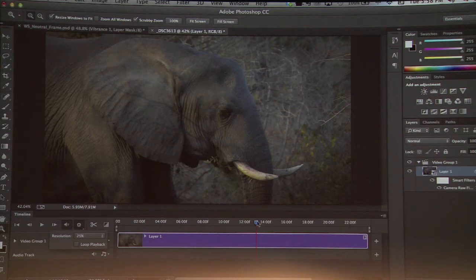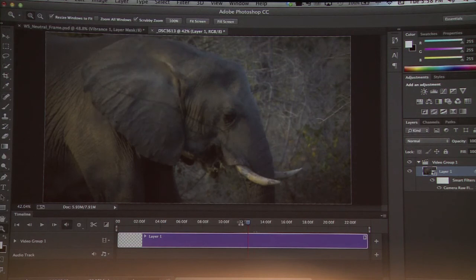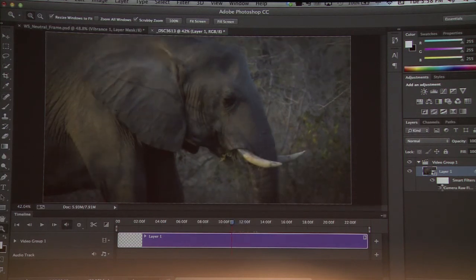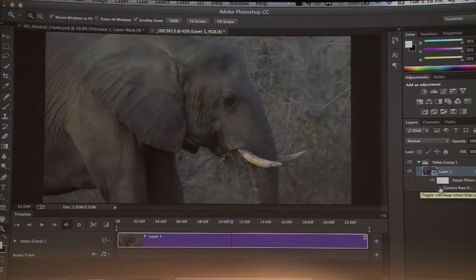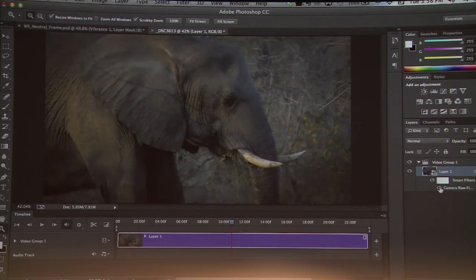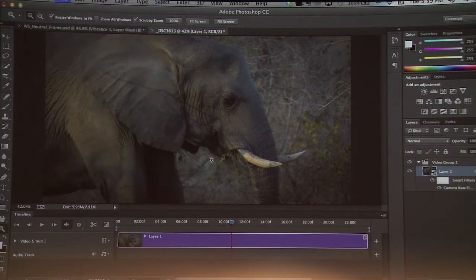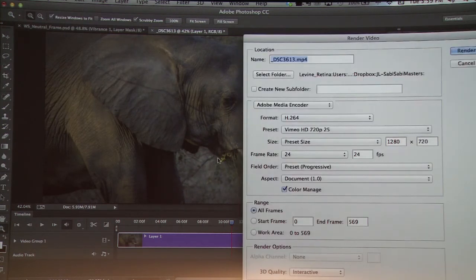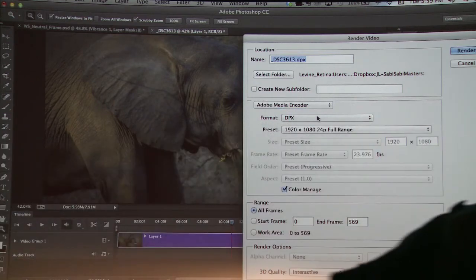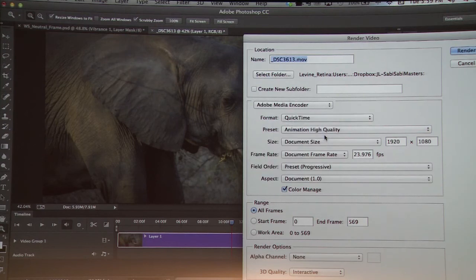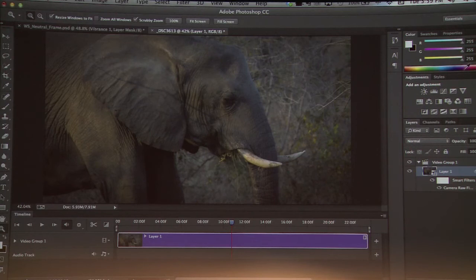We've got some 32-bit color going on here. This isn't going to play super smooth, but because this is a smart object, remember, I can turn off the color correction, turn it on, and perform my color grading here. When I'm ready to further edit this in Premiere, I could simply export this as something like a DPX sequence, or if I've finished my edit, I could deliver H.264 or QuickTime in a variety of formats and do my export right out of Photoshop. So even if you're not going to be editing in Photoshop, simply to have Camera Raw for your video,